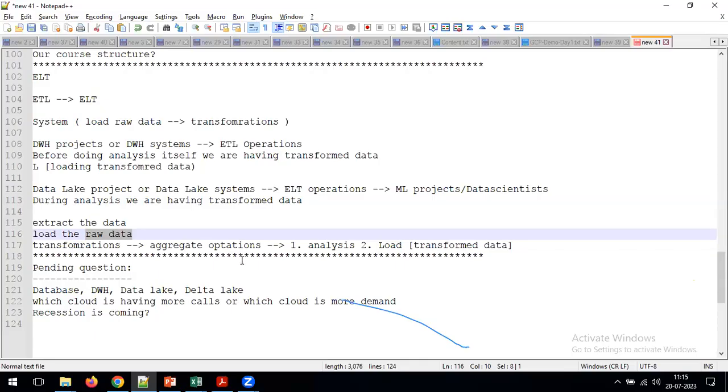How about the performance here? Because we are dealing with raw data, whereas in the previous ETL project...